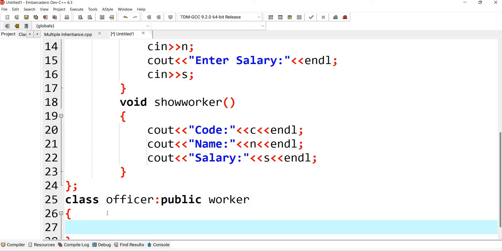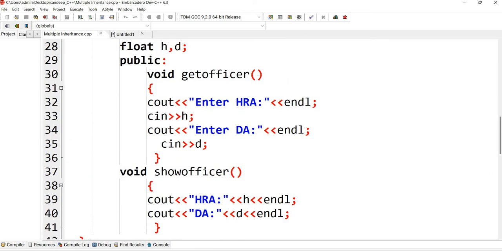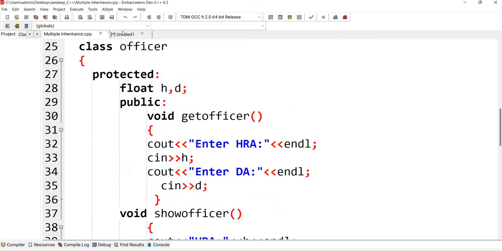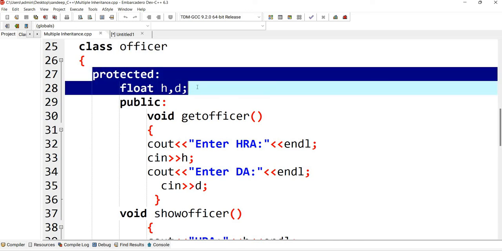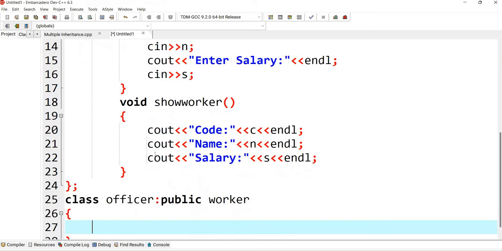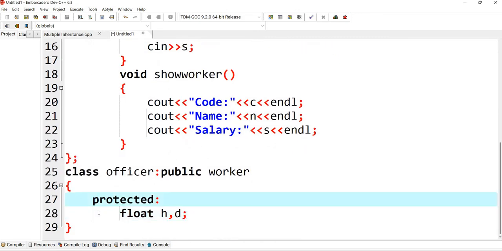And again, I need to add get officer. So these are the values I have to declare. I'll declare the member variables here. These are the member variables. I'll declare these two member variables within this class, HRA and DA.